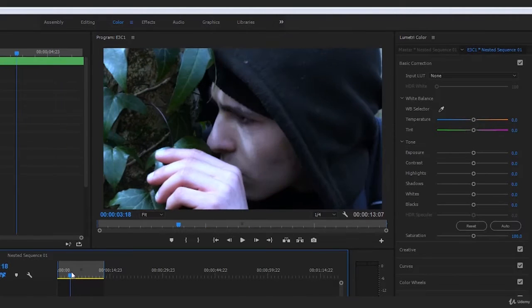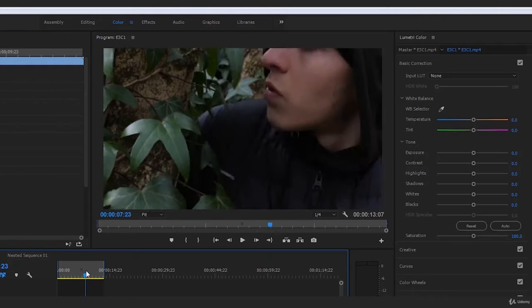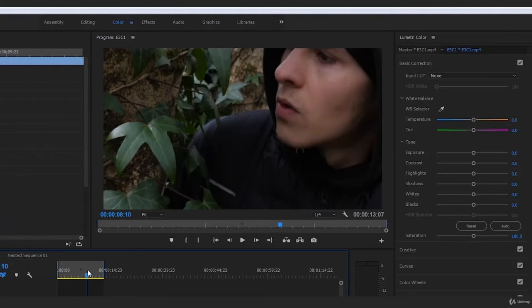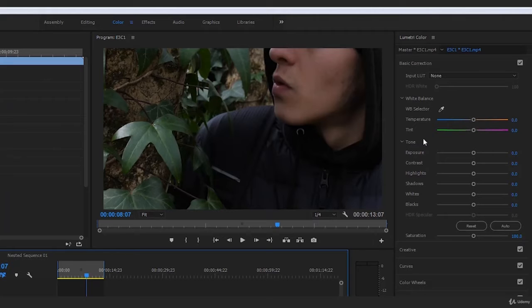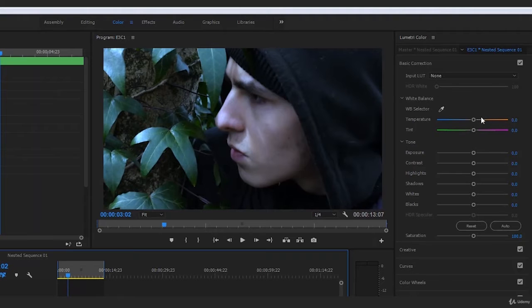So if we go back over to this one, obviously this one here is looking much more orange and much more bright. So we would probably start bringing our temperature up towards this right hand side, but obviously on this clip here. And you can see if we do start dragging this up, we are bringing those colors even more to reality. So I want you guys to do exactly what I've just done, which is drag that temperature